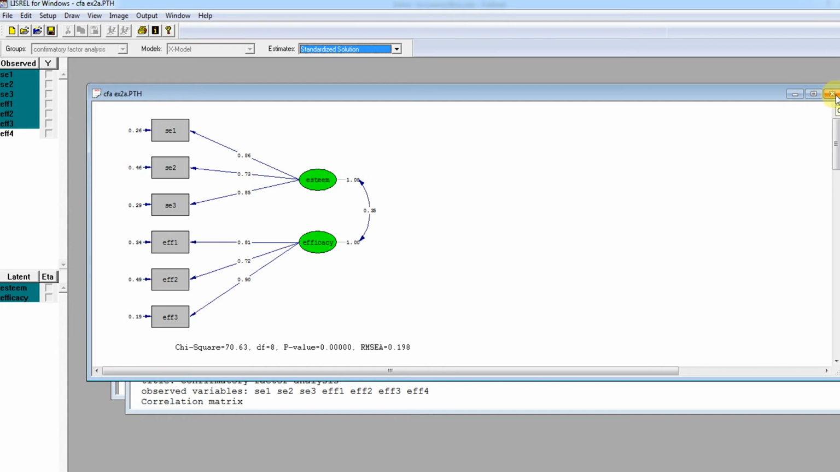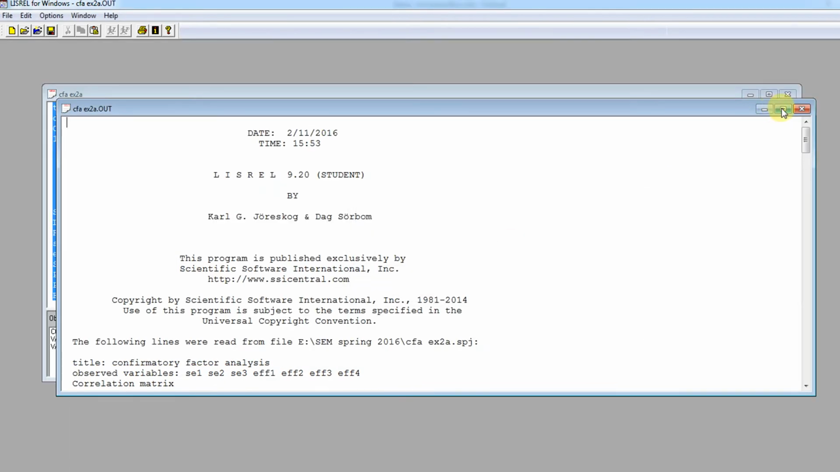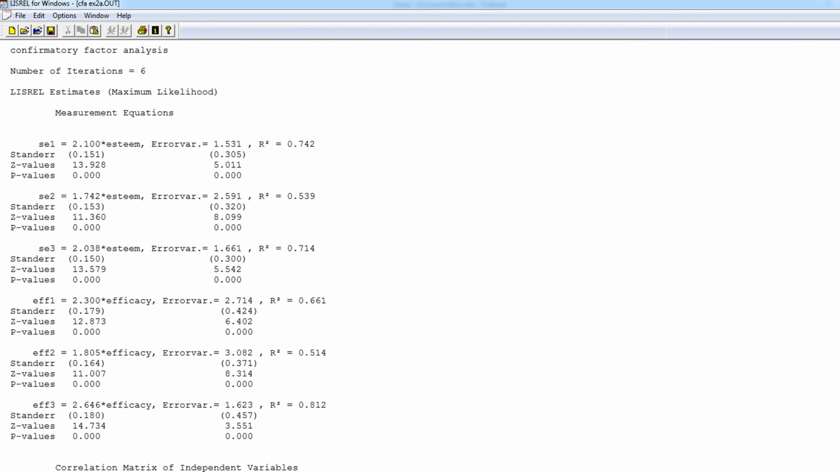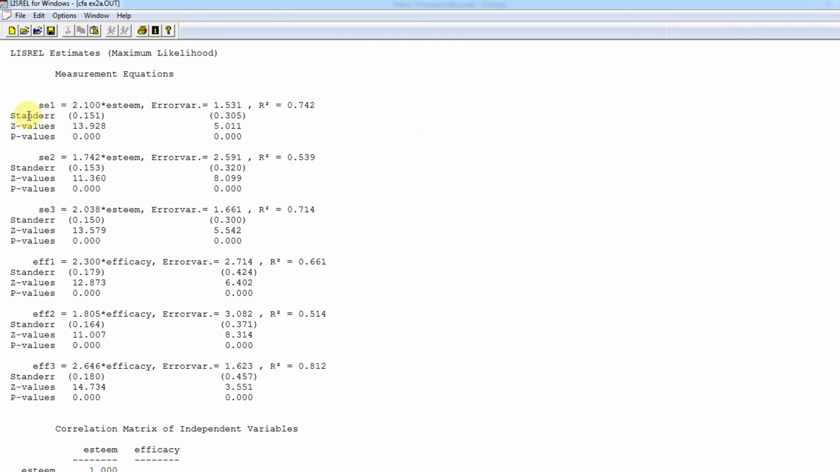So we'll click through this and go to our output file here, our text file. We'll scroll down and you can see that you've got the measurement equations here. These are the unstandardized factor loadings that I was telling you about. And you've got the standard errors, and then you've got z values that are printed out here, and then a p-value associated with each test. So basically, once again, when you're talking about really large sample sizes, we're looking for z values that would be either above 1.96 or below negative 1.96. And the p-value that's printed out here, you can see that esteem was a significant